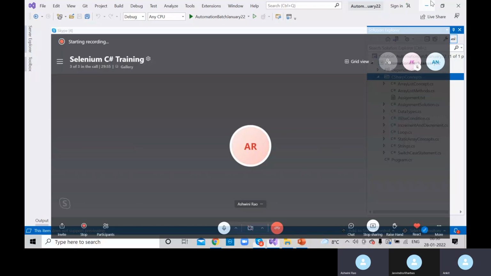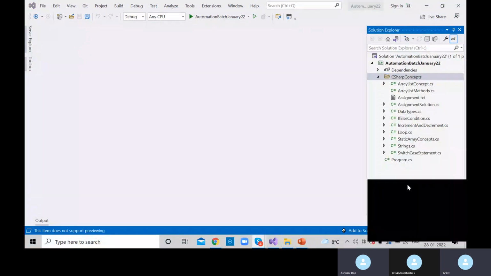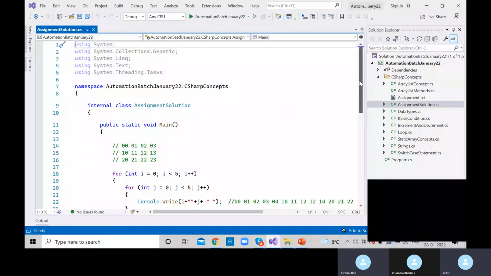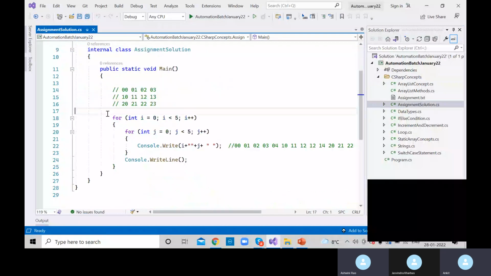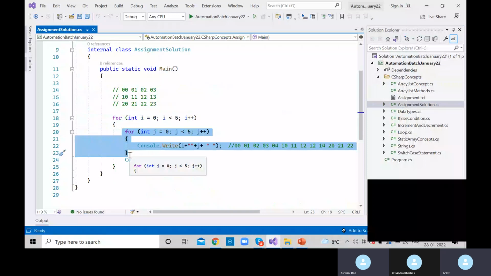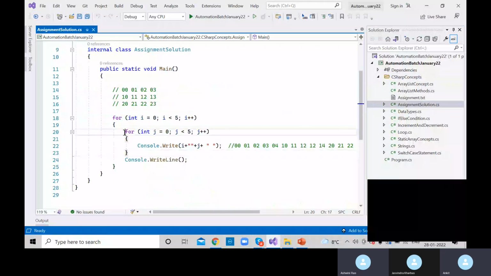Okay, so let's record the solution for that problem as well. In the assignment solution, we just wanted to print this kind of format. For that, we first defined a single loop, and inside that, this is called a nested loop, a loop inside a loop. We used one more loop to print the values, writing it in this format: i plus j